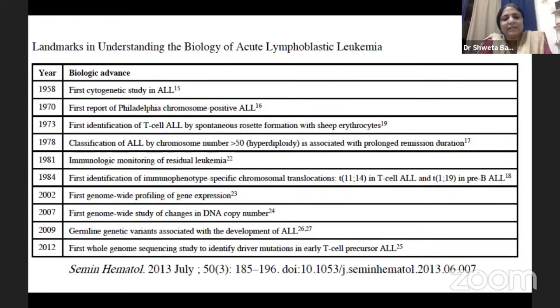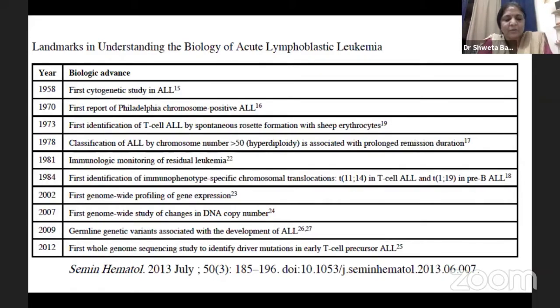So the landmarks in understanding the biology of acute lymphoblastic leukemia: in the 1960s we had the first cytogenetic study done in ALL. In 1970, the first report of Philadelphia chromosome positive ALL came. In 1973, first identification of T-cell ALL happened. In 1978, classification of ALL by chromosome number was done. In the 1980s, immunological monitoring of residual leukemia happened. In 1984, first identification of immunophenotype specific chromosomal translocations was seen, while in 2000